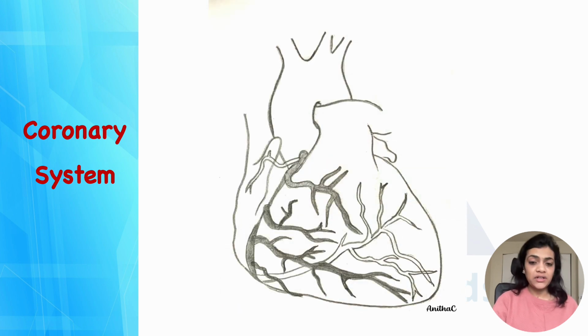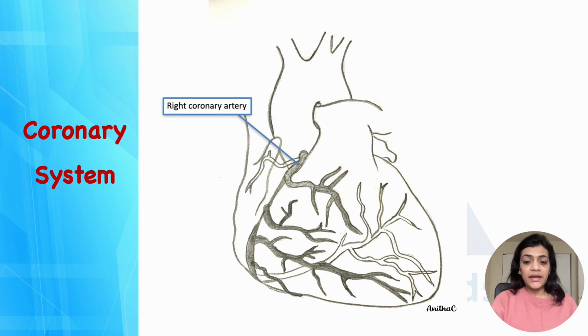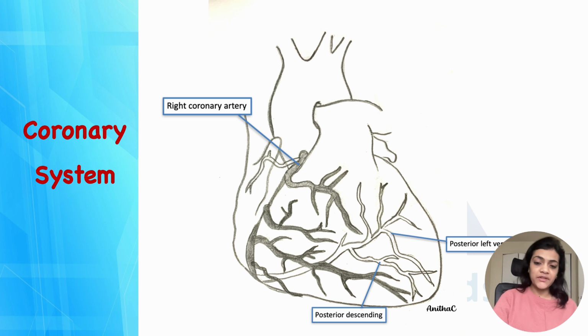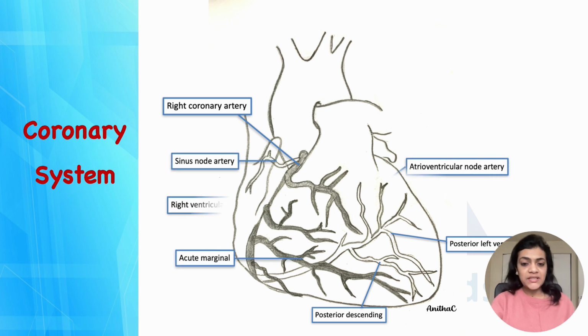This shows the right coronary system. The right coronary artery arises from the right coronary sinus of the aortic root. The right coronary artery gives rise to two major branches, the posterior descending artery and the posterior left ventricular artery. There are other branches as well, like the sinus nodal artery, the right ventricular artery, acute marginal artery, and the